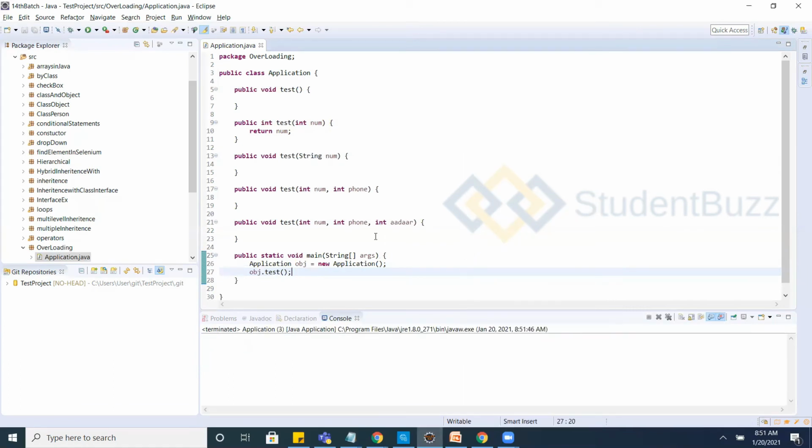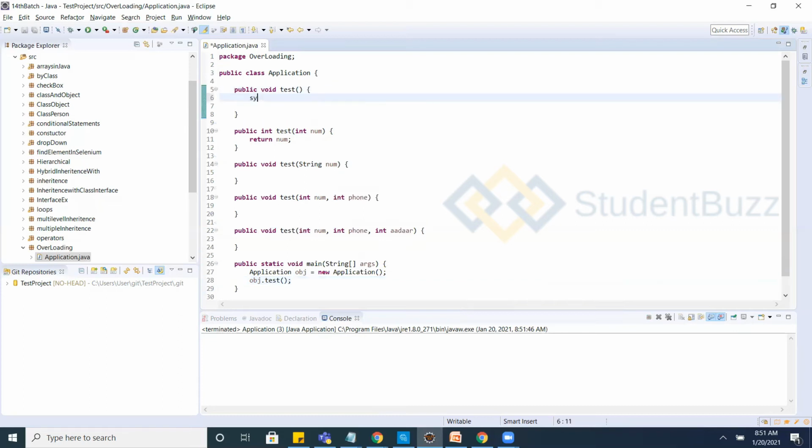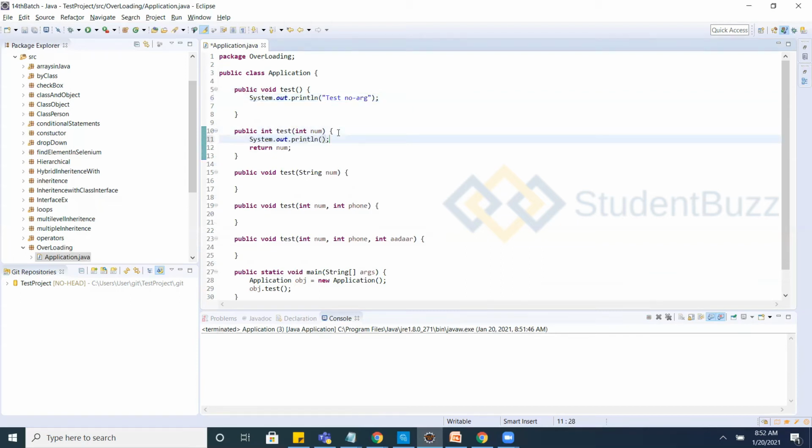There is nothing inside the methods, so you're not printing anything. So what I'll do is print a message in each. This one is no argument. It has one argument, that is an int argument.